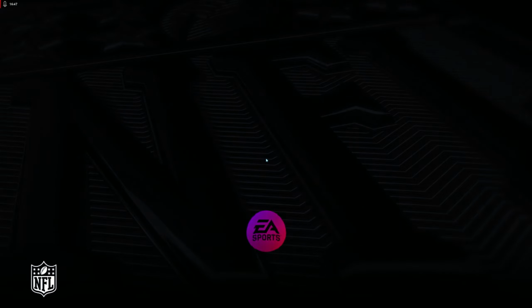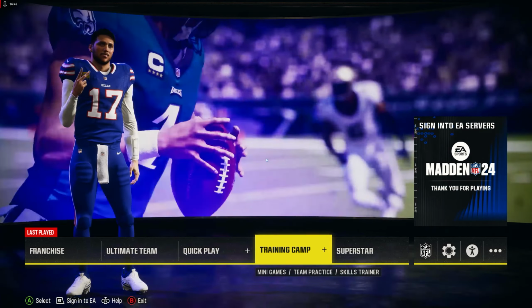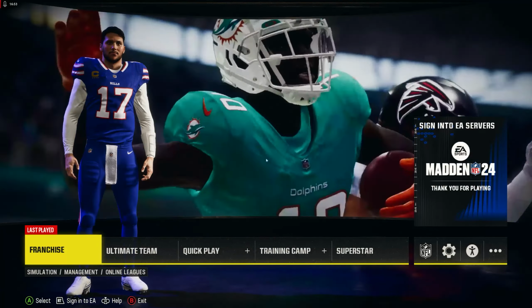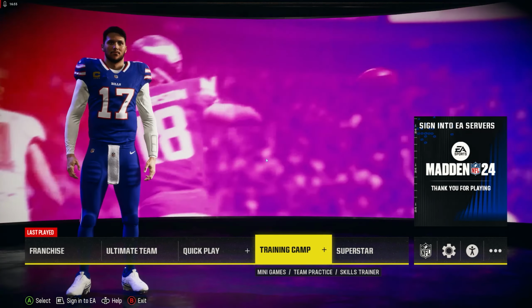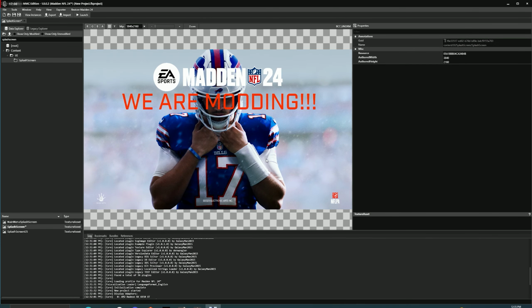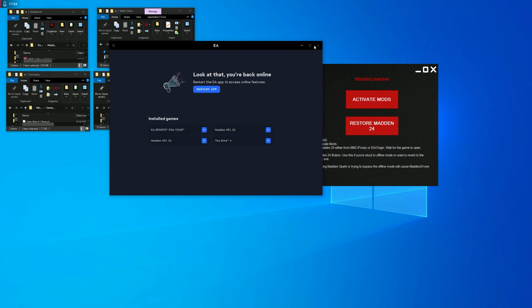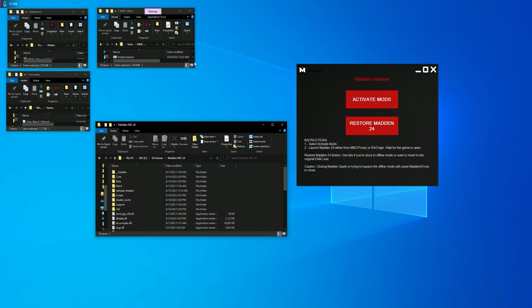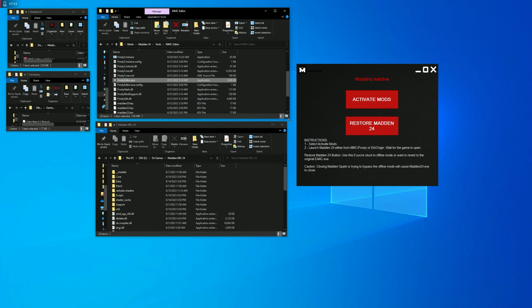Okay, so this loads up. You see that we're not online, so you can't access any of the online features. That's normal. And we've seen that we were modding the game, so that is great. Okay, so that's pretty much all we've got to do here to get mods implemented into the game. The only other thing you want to do, if you want to access online and play with your friends,